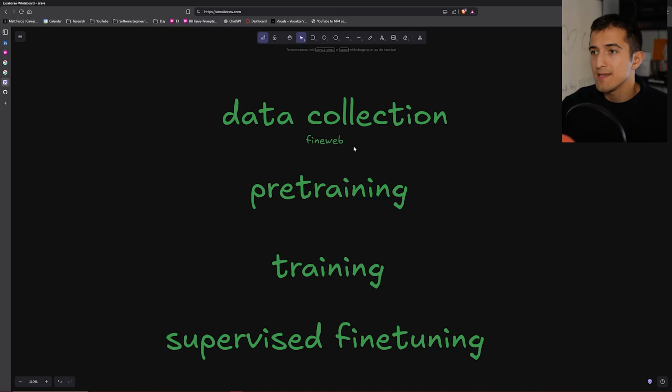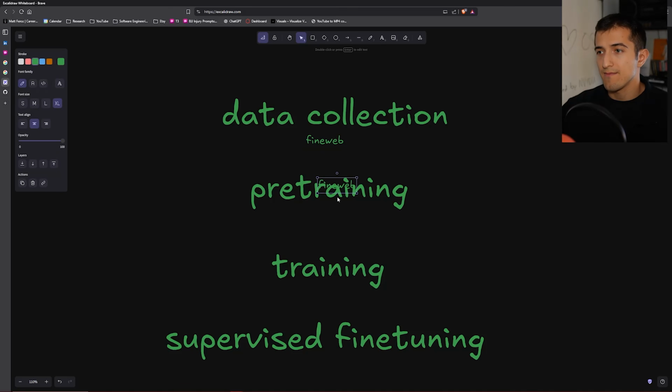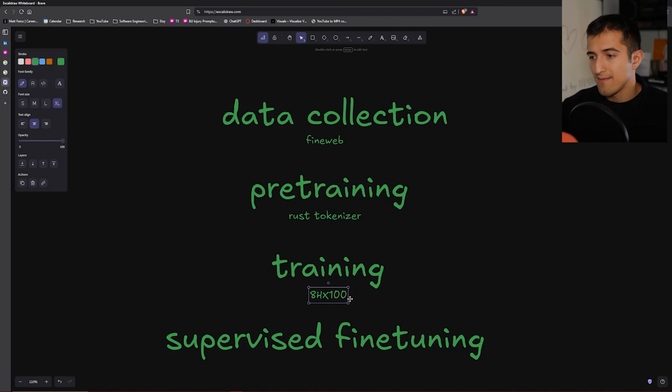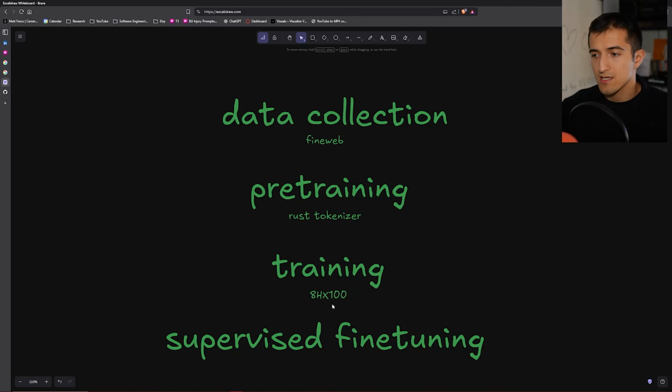Essentially what FineWeb is, is just a collection of articles and educational material on the internet that's all stored into strings, and we're going to do pre-training on it by using a tokenizer that Andrej himself made, or I think this is just a Rust tokenizer, and tiktoken in order to get the model tokenized and functioning. And then what we're going to do is actually train the model using these 8xH100s,